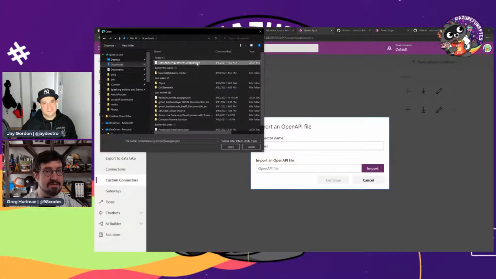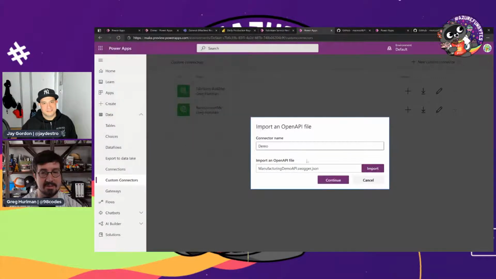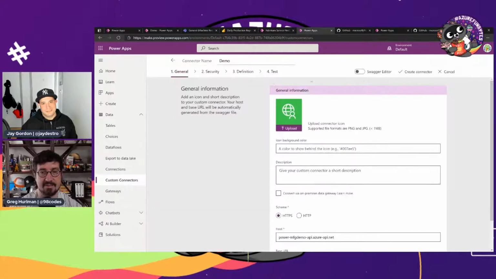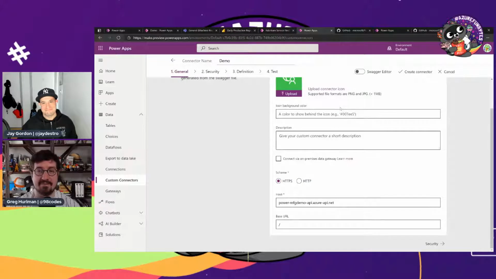So I go to my downloads, I find that Swagger file, I hit open, looks good, click continue. That's why we have so many IT things named after Star Trek stuff too. It is, absolutely. So we click continue and it brings it in,